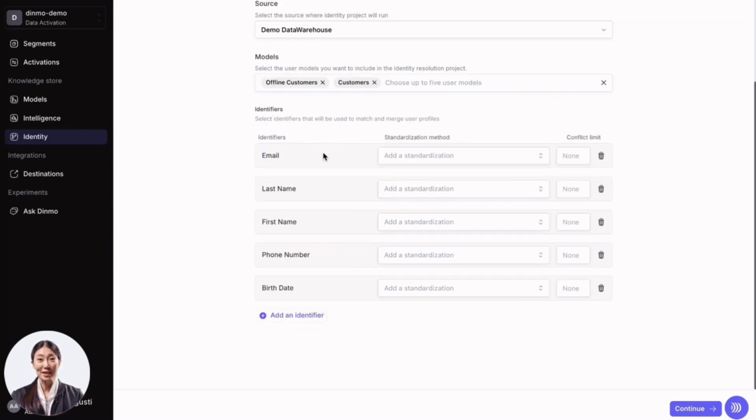I can also add standardizations on each column. Should it be numeric only? Should it be case sensitive? Things like that. But either way, DinMo will always trim spaces. And I can also define a conflict limit, meaning the maximum number of people I want to assign to the